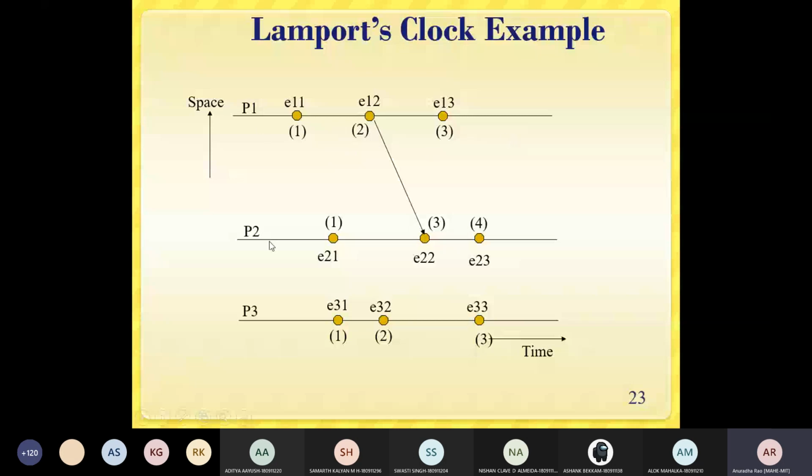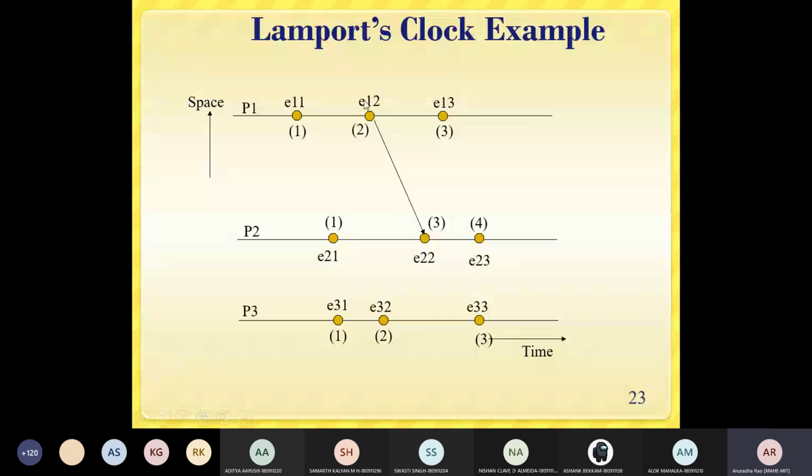At P2, there is one initial event. Initially the logical clock will be 0, so it will be incremented by 1. And there is a receiving event. Now here you have to check. If you take the sequence at P2, E22 should have the timestamp 2.